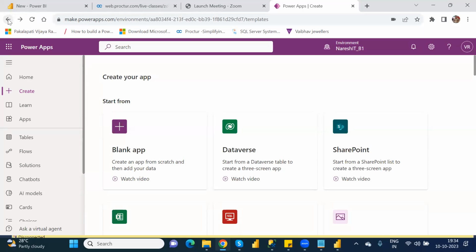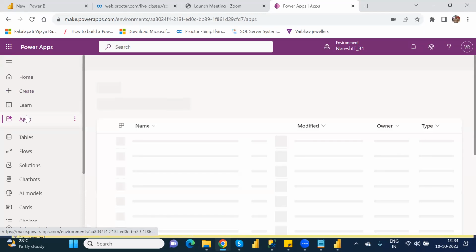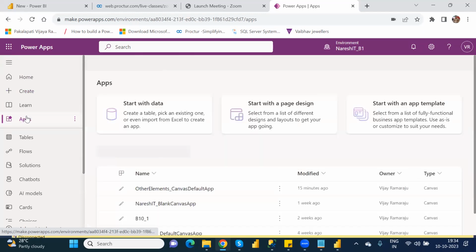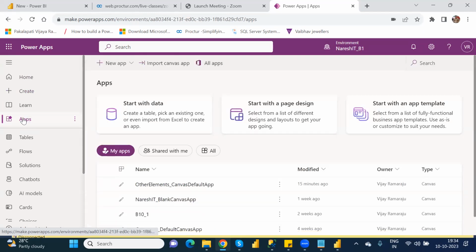Now see here. Now model driven app we can create it. If you want to create a model driven app, there is a create option. And create in apps. Go to the apps tab. Under the apps tab, there is a new app available, right? Under that particular new app, you will see